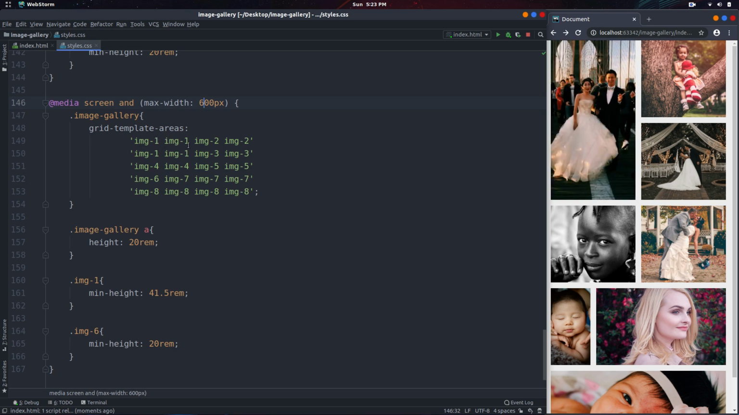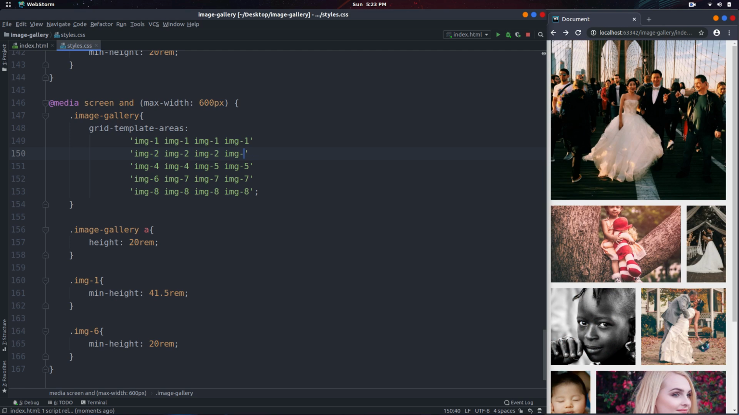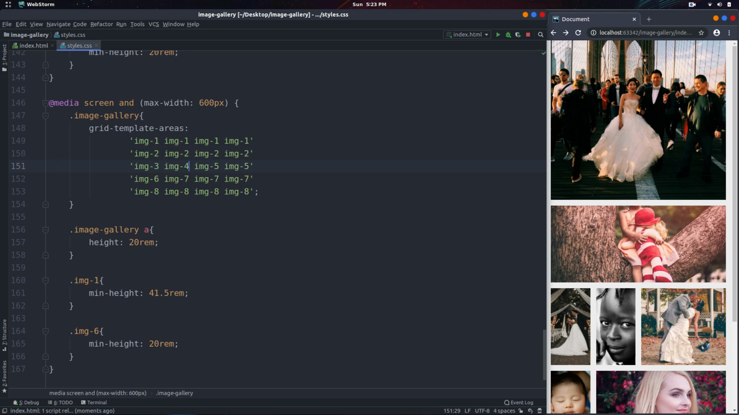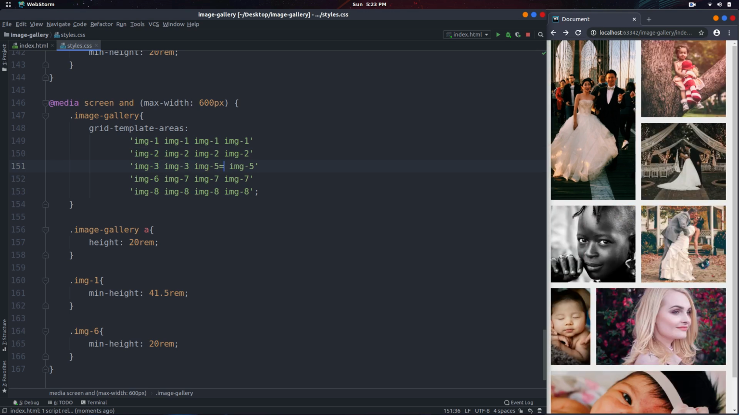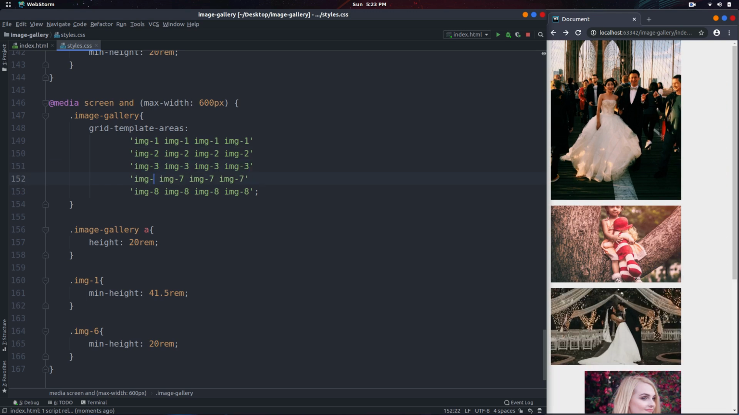So in this case, I already have the IMG here. So all we have to do is just make sure that it's going to be 1 all across. We have to make sure that we do the same thing for the other ones. So 2. And then for the third one, now the fourth one, and then the fifth one,